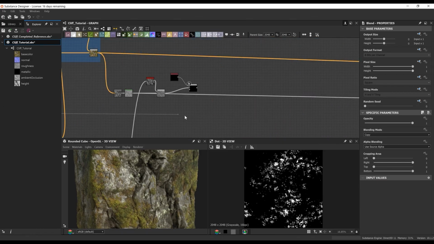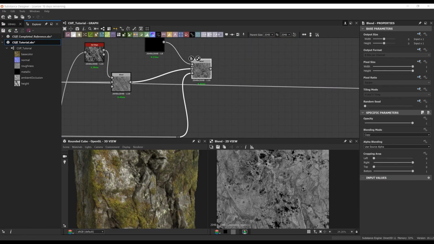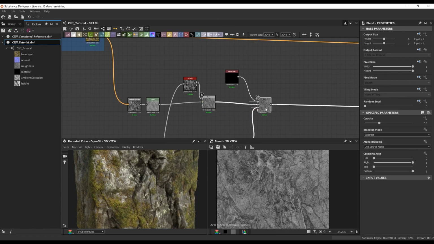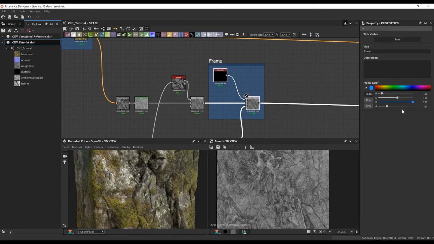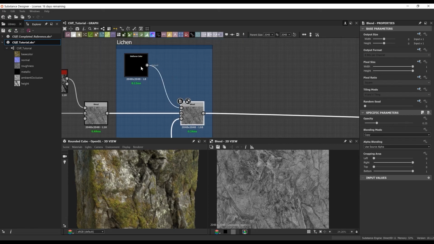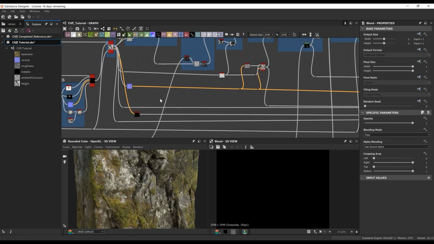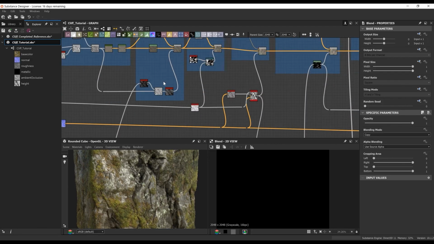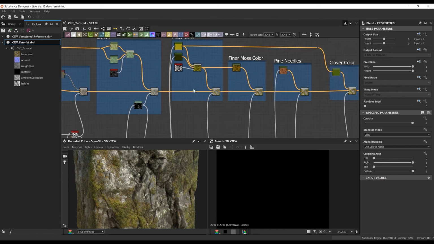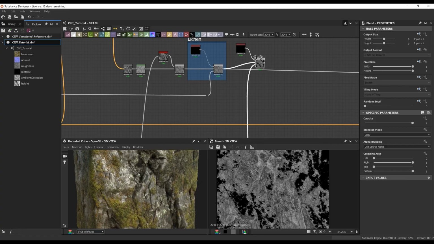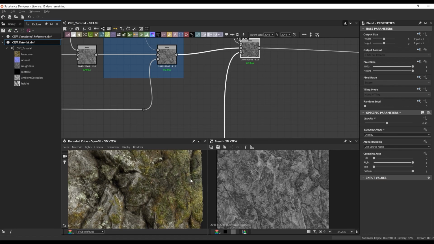Next up, this portion is pretty much similar to how we were treating the albedo, where we basically took a uniform color, or in that case a gradient. But because we're working with grayscale values on the roughness, I'm just taking this uniform node that's a solid black. We're going to find all the masks that we use to tell the color, okay, this is where this specific color goes. We're going to take those connections and tell the roughness, okay, this is where this specific value is going to go onto our roughness map.